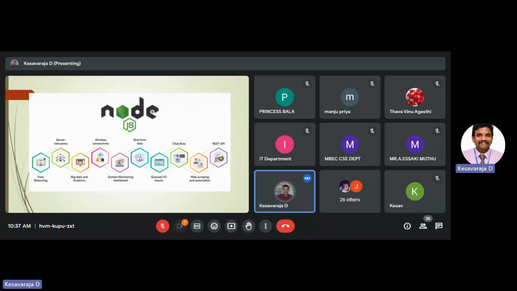Anyway, Node.js has a variety of applications. It is supported for data streaming. Twitter, WhatsApp, Facebook, all those social media follow the data streaming methodology. So Node.js is supported for data streaming, and it can also support server-side proxy,